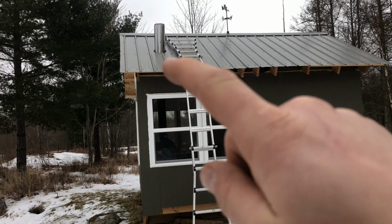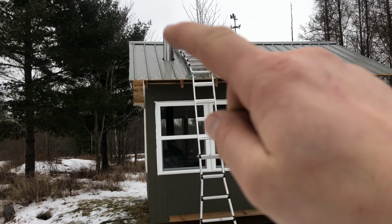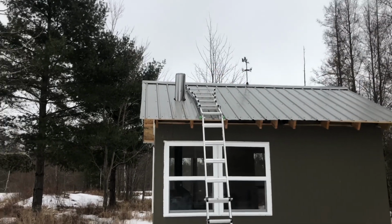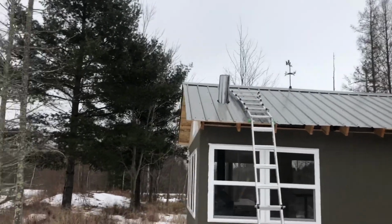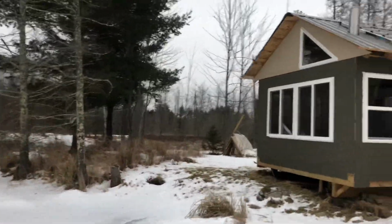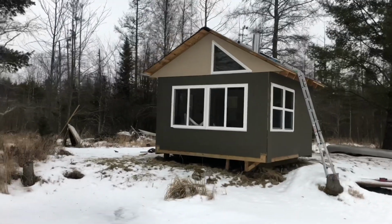But then I can caulk underneath it and lay that down, screw it all down, and then I'm going to put another section of pipe up, and then the rain cap. And then I do not have a support strap yet, but I will have to support this. I was thinking that 1 3-foot piece would be enough, and you can look in the instructions if you ever do this, but they show you how much pipe you need,